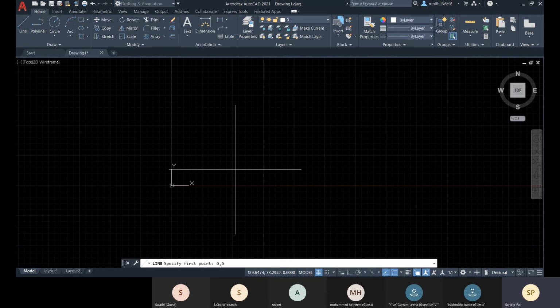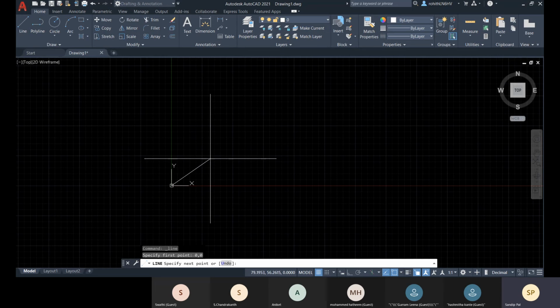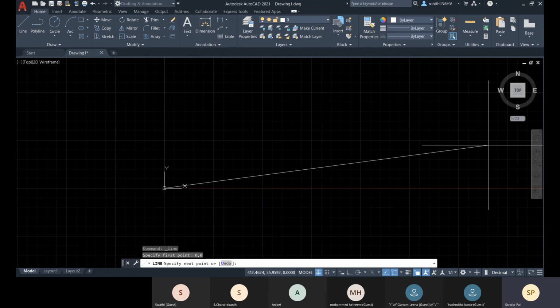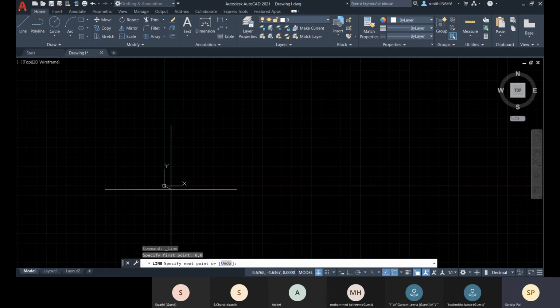It has to be absolute because you already have your origin. So from the origin only you can calculate your first point. So let's take 0 comma 0, and it has taken UCS origin, and because UCS is aligned with your WCS, we are getting the same point. So right now UCS origin point and WCS origin point are coincident.